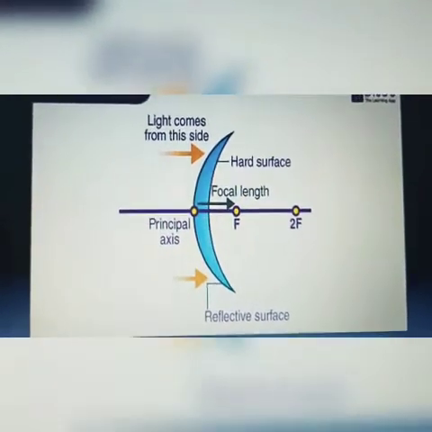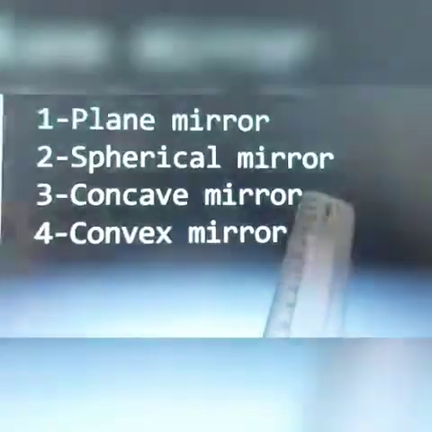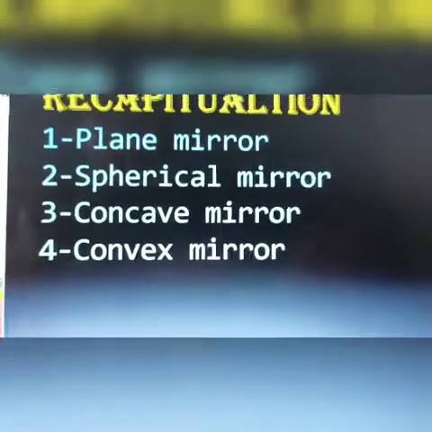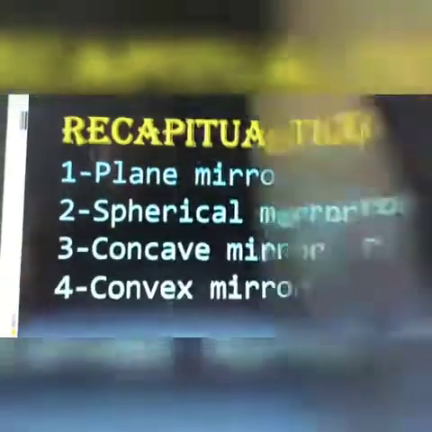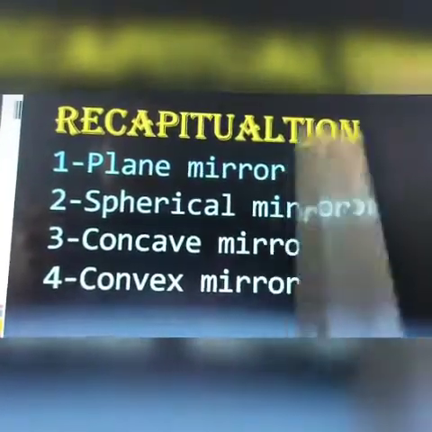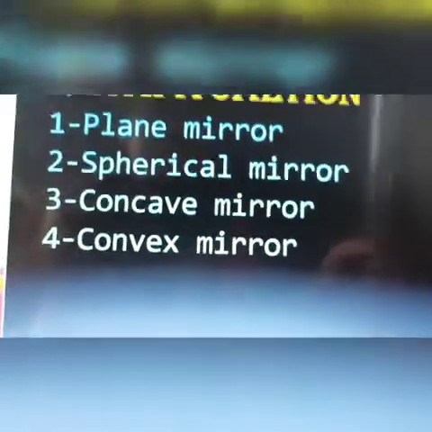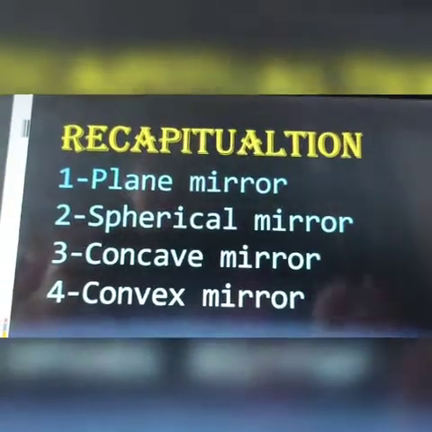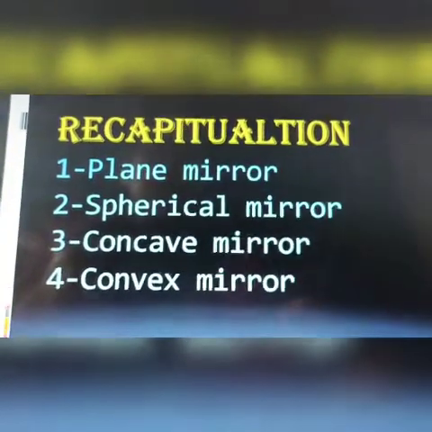Okay, so moving forward, this is an example of a convex mirror. Okay, so after that it's time for a quick recapitulation. After all this, we are done with all the topics. Now it's time for quick recapitulation. Let's go for that. Okay, so in the recapitulation, what we studied today,